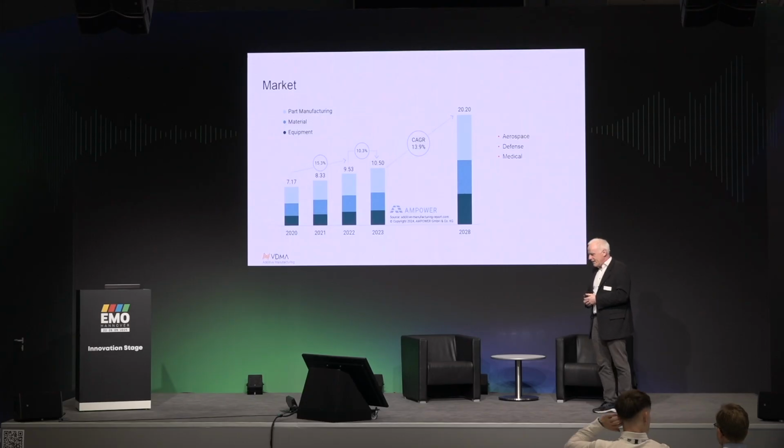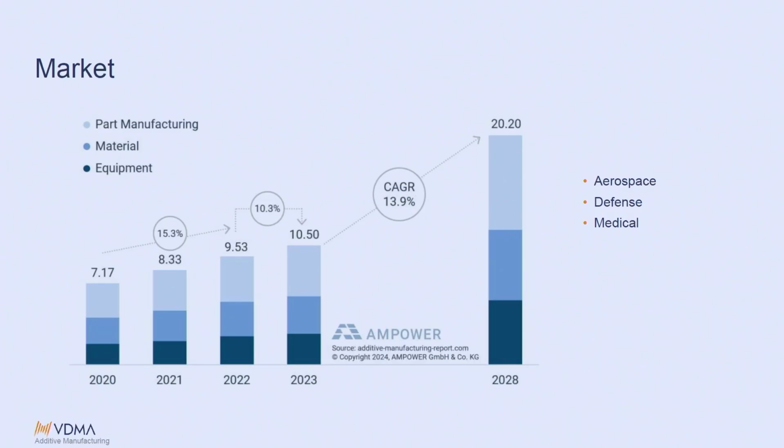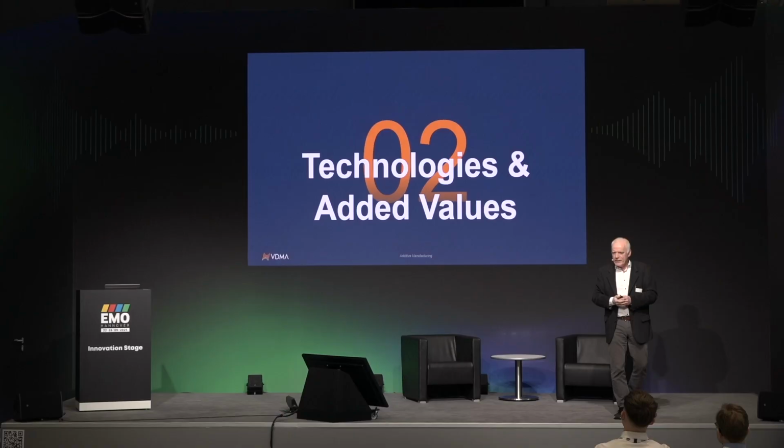There were different prognoses of the past couple of years. The current situation plays a role here, of course. But with looking at 2020, growth was there, that's clear, and we hope that this will be a constant trend for the future. Now, even if this might be nothing new for some of you, I would like to give you a quick overview over the technologies,